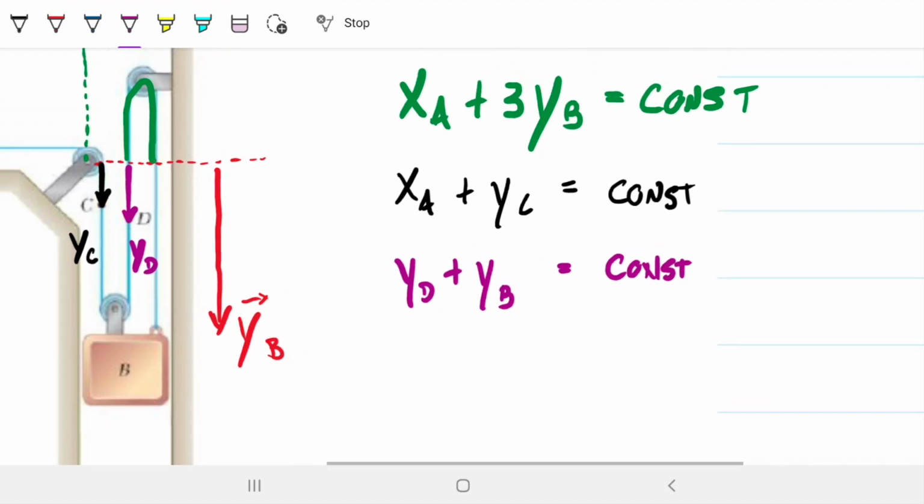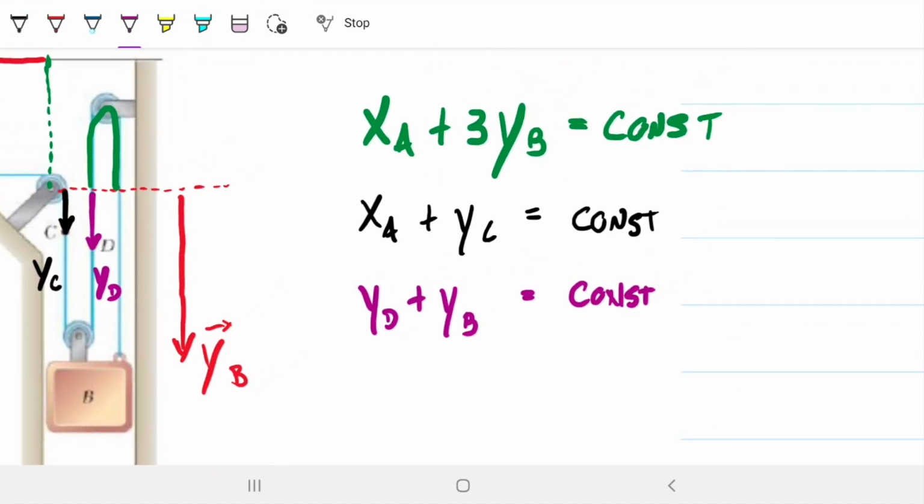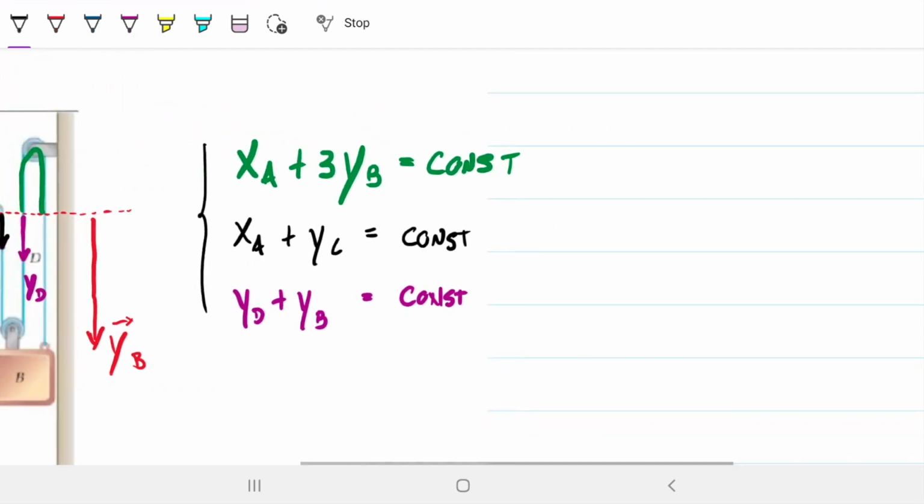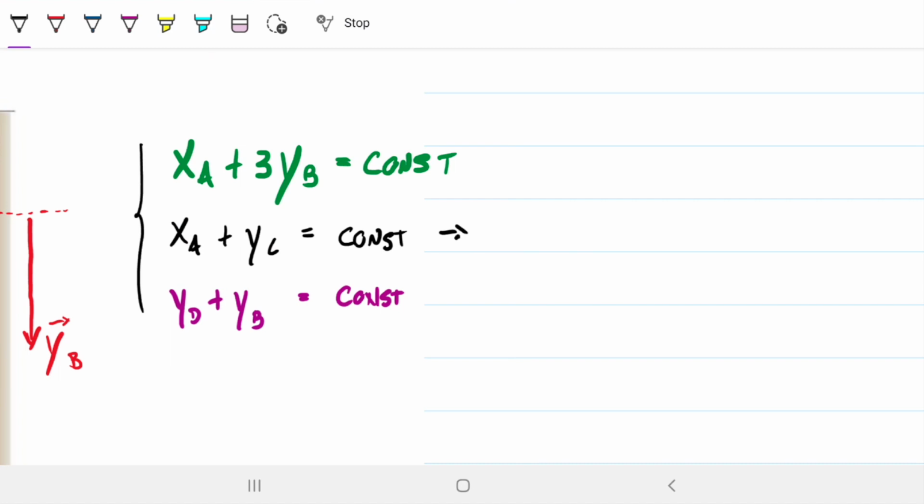But the interesting thing of doing this is that once you have this system of equations set up, now we can derive all of this. Because if we derive these, they're all positions, all vectors that measure the position of the things in our system, and we derive that with respect to time, we're going to get the velocities. So if I derive this with respect to time, we're going to get the velocity of A plus 3 times